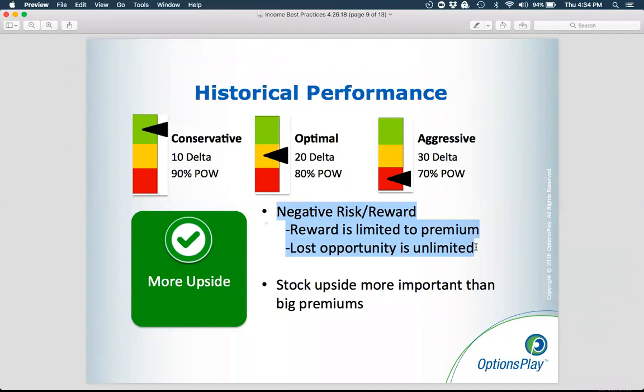However, the lost opportunity, meaning if the stock goes above your strike price and continues to go, it's not a loss to your account, but it is a lost opportunity because you could have made money on that stock that you didn't. And that lost opportunity is unlimited. So that negative risk to reward is what contributes to the big